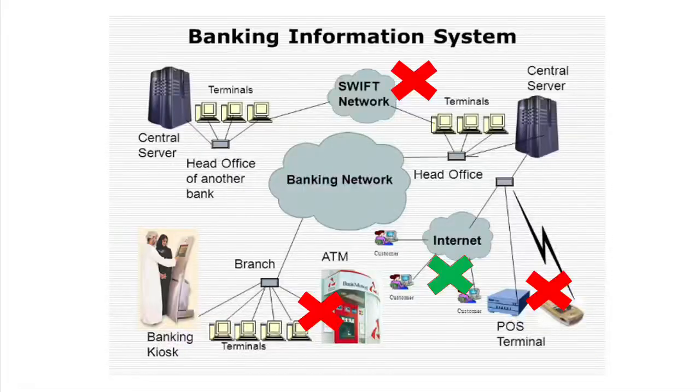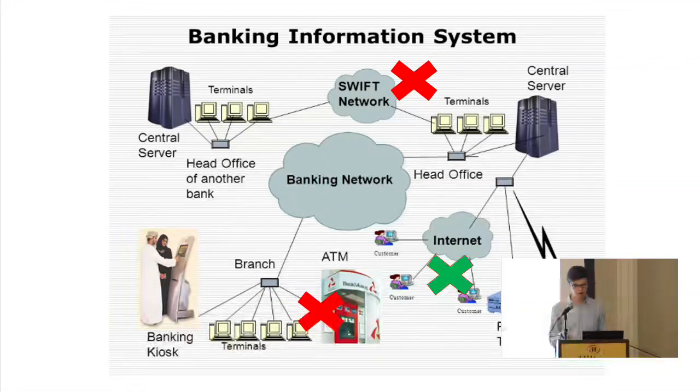In the last three, four years, hackers started to realize that it's actually not so hard to get inside a banking network, for example by exploiting web vulnerabilities or other network component vulnerabilities. Or, of course, the easiest way is to use phishing emails and malware. Once you get access even to an operator's workstation with the lowest privileges, it's really just a matter of time to get access to the ATM management system or point of sale management system, or in our case, the interbanking exchange network,